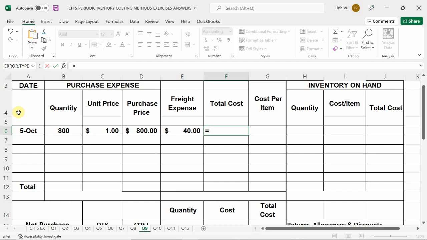Total cost, $840. Bringing your cost per item to be